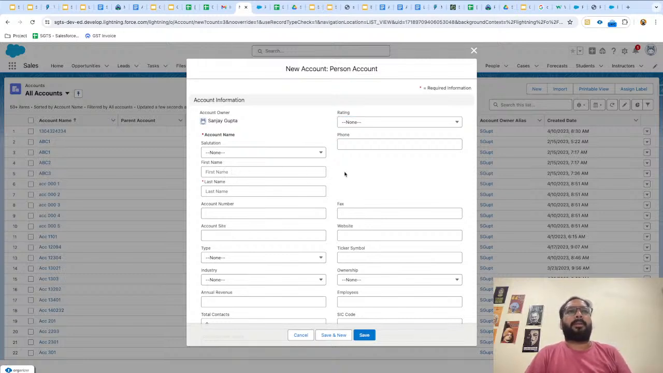Okay, so for example, for SGTS I am going to hire some trainer, and that trainer is not part of any organization. He or she is not working as an employee. They are working as an independent consultant or trainer. So what I will do, I will provide their first name, last name. No, because they are not associated with any organization. So let's say